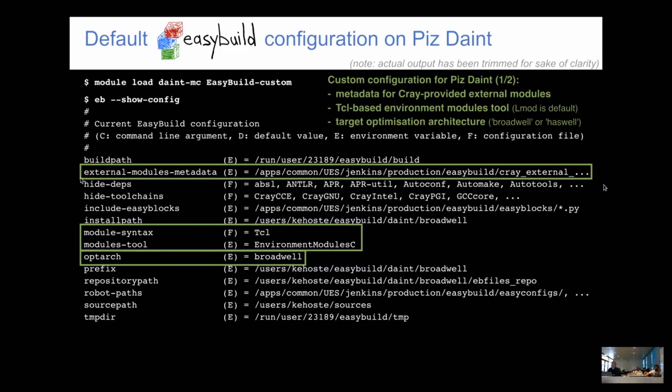And then also it specifies that software should be optimized for the Broadwell architecture, and this is derived from the